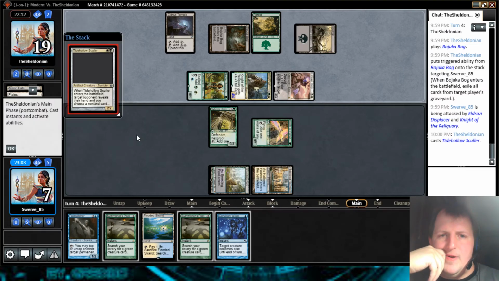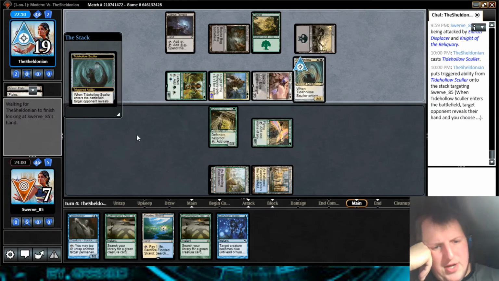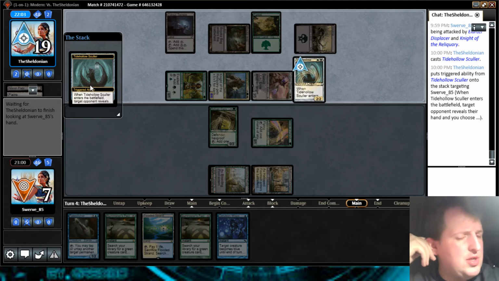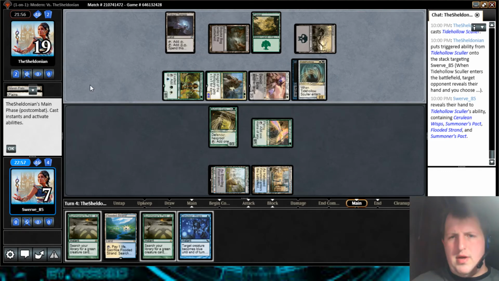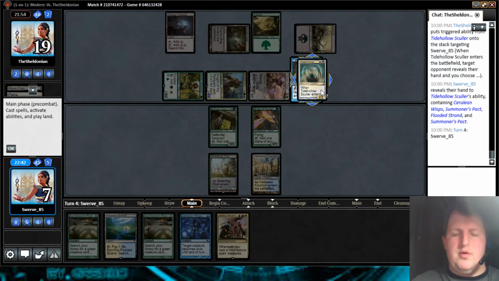One, two. Okay. So this doesn't really get anything major. They could take non-land cards. So they could take the Fatestitcher, which isn't a big issue. And I feel like I lose a lot of games because I try to go before I need to. Yep, that's exactly what he... So you can bounce the bird, bounce the...